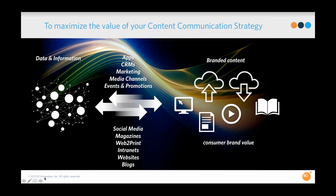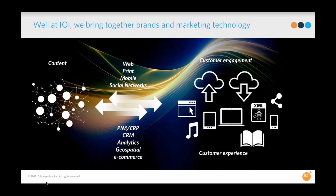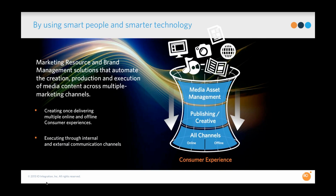So to get the most out of your content communication strategy, you want to have this two-way communication. You can see going back and forth here between the data and information that we have in our asset management system, as well as the branded content, which sits outside of that and pulls from it and puts that out to our different populations and people we're trying to reach, whether they be on the web or on traditional media. Even if they're opening a magazine, a newspaper, watching a video, those are all customer experiences and points where we